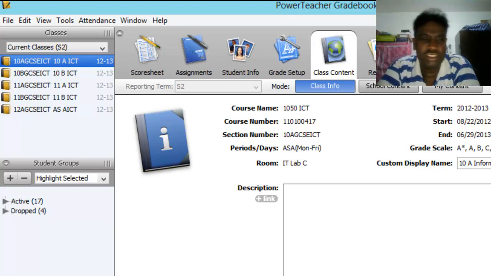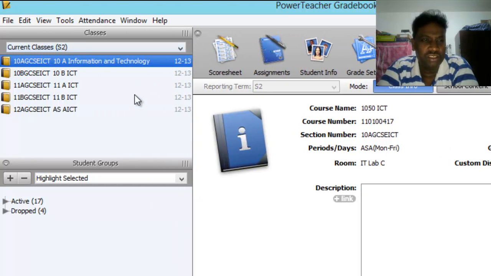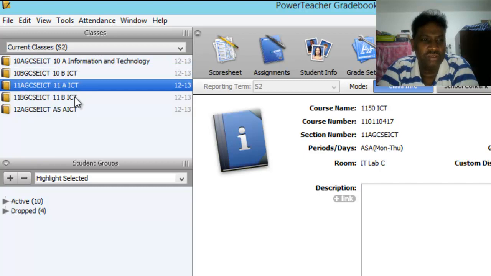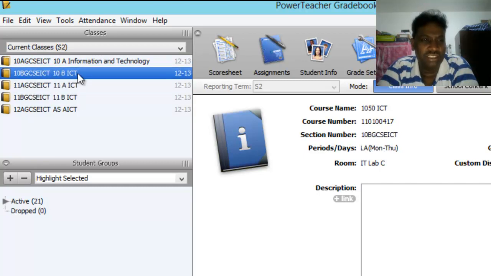Now you can see the change immediately here. So, save it. Now you can see the section name is changed. Okay, like this you have to change for every section.